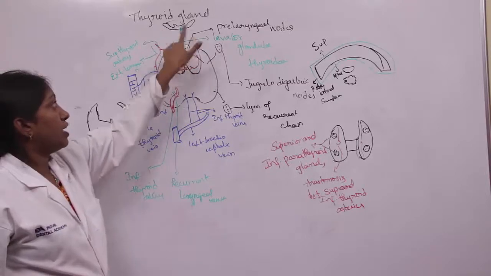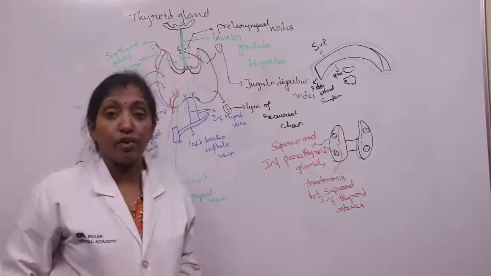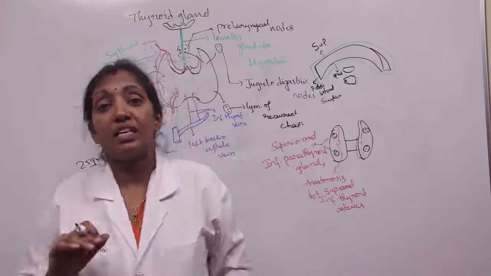So the apex extends upward up to the oblique line of thyroid cartilage, where the apex is related medially to